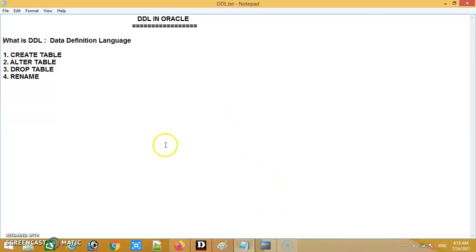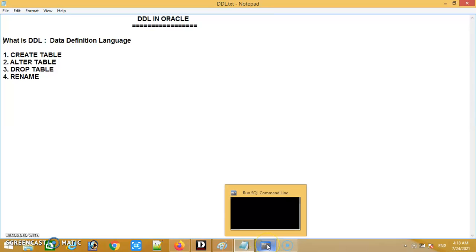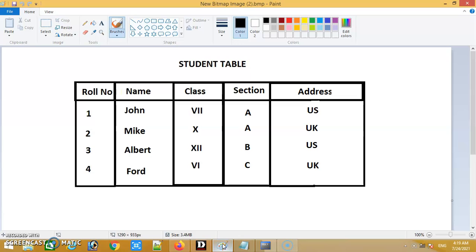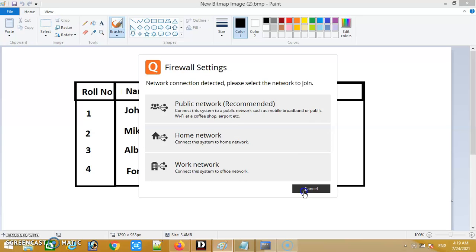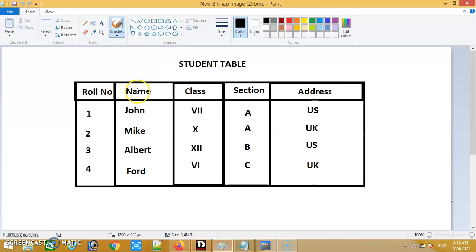I have my SQL command environment open. I'm going to my SQL prompt, and I'll show you how to create a table in our Oracle database. Let's say I have to create one student table, and the student table has columns roll number, name, class, section, and address.